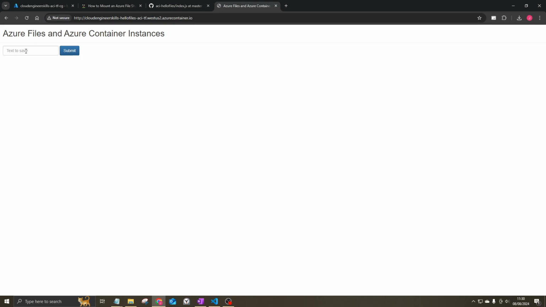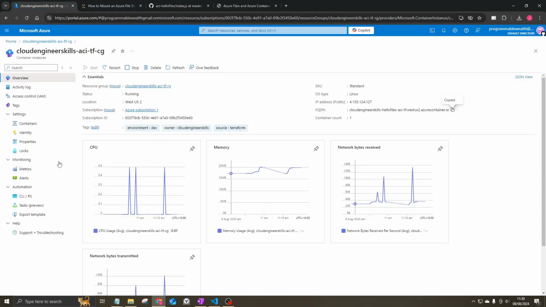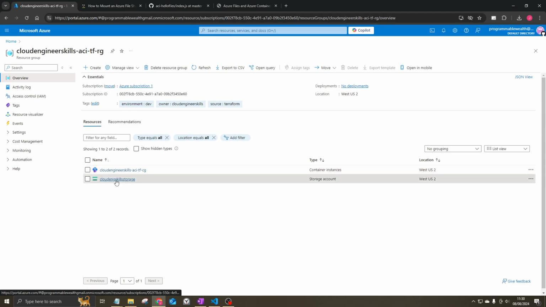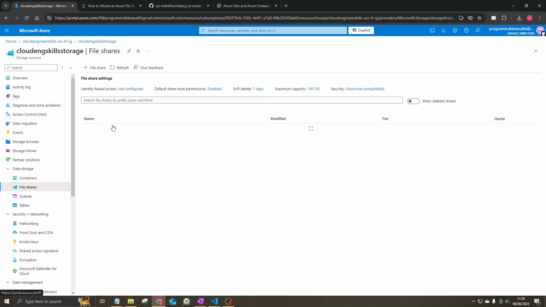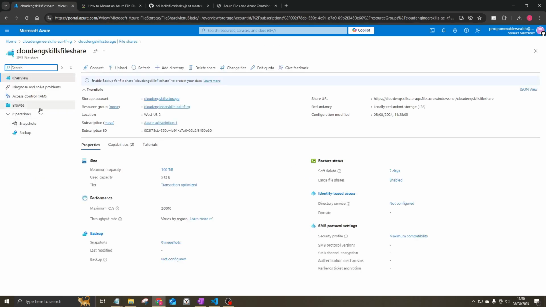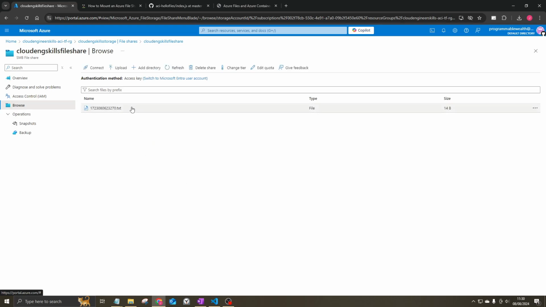And yep, this is the application running at the moment. So I'll put some text in here. This is what is going to be saved to the Azure File Share. So I'll say hello world, ABC. Submit that. That should write the file into the Azure File Share. So I'll go back into the Azure portal, go into the storage account, go into the file shares, access the specific file share that we created, go into browse, and here is the text file. If I download this,